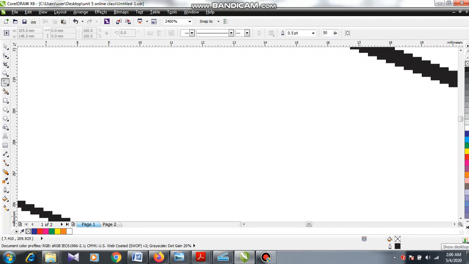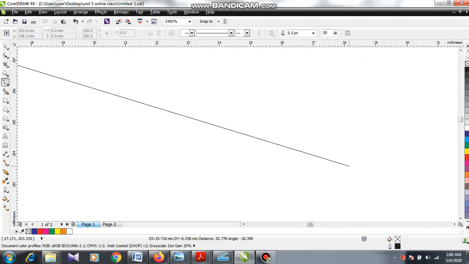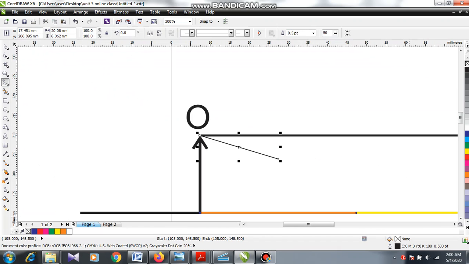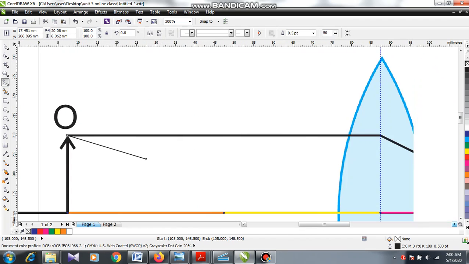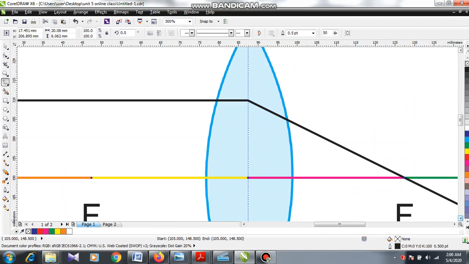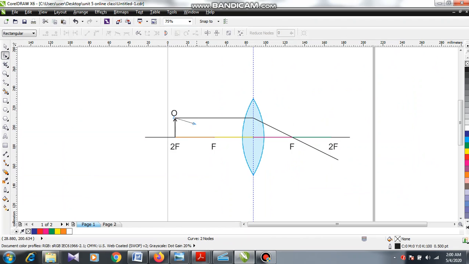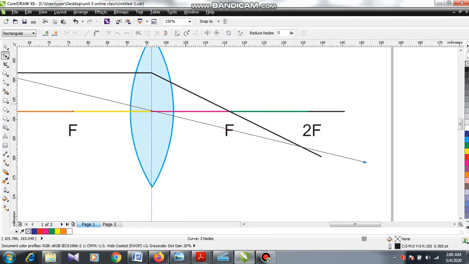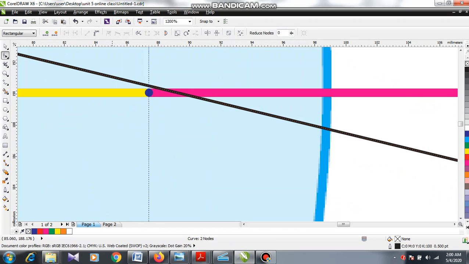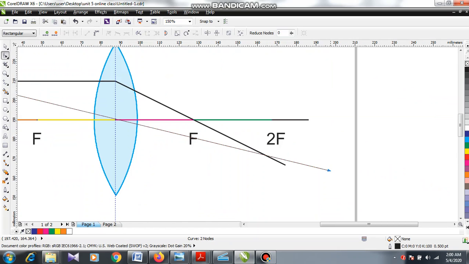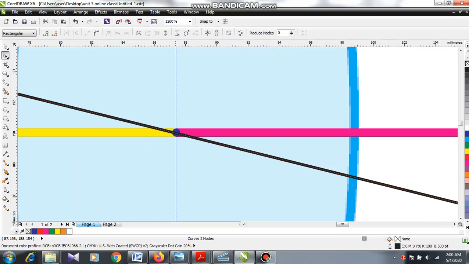Now the second one. I'm again starting from the top of the object. This time I'm going to draw it through the optic center, and it also should be perfectly located. Now see, it's not perfectly located, so I have to correct it.